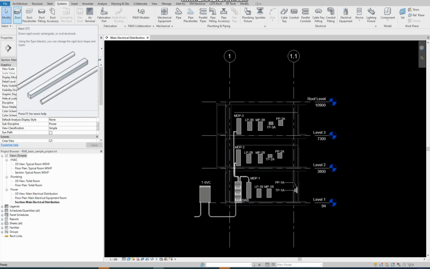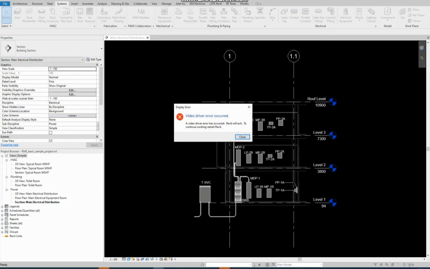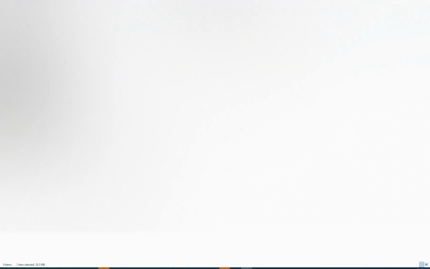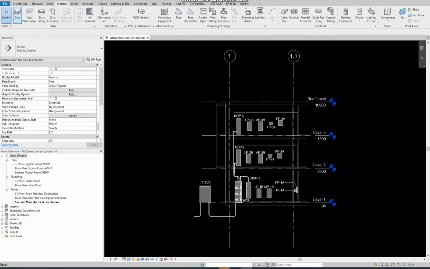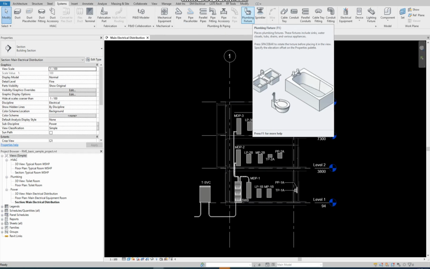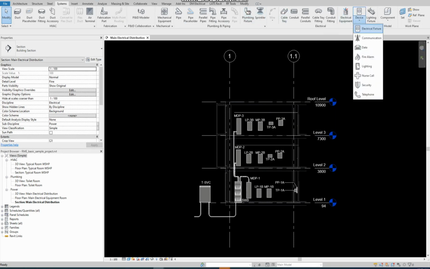Here is the tab of the duct, so we can draw the duct here, supply air, return air, and all types. Here's the option of duct accessories, the grills, and the equipment. For the plumbing, we have the pipes, plumbing fixtures, we have WC, bathtub, shower, etc. For the components, we need to add and load the family into Revit, and we can do